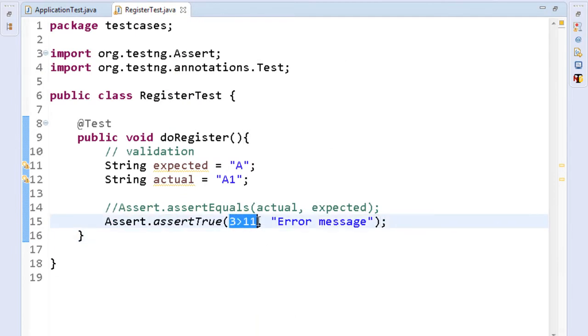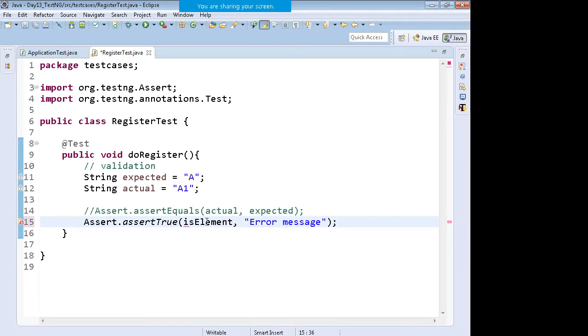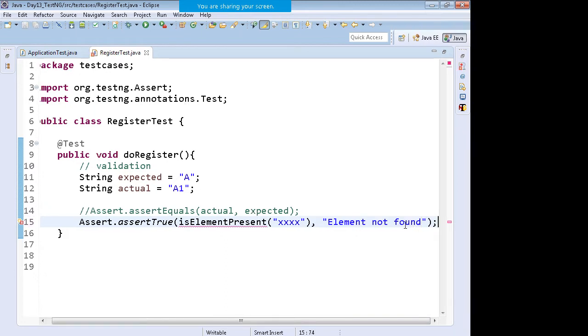Remember we had made a function known as is element present. You call that function, pass over the XPath of that element over here. If this function returns false, you can throw the error message that element not found.